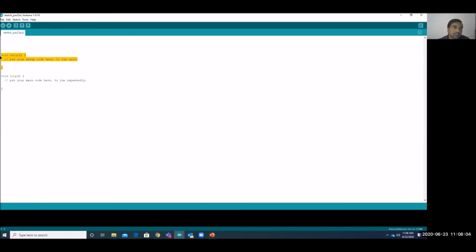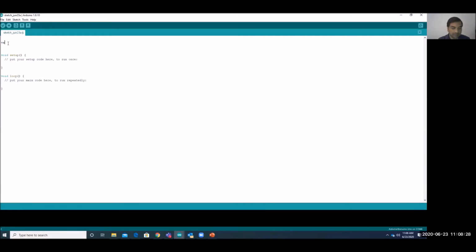This is your setup block and this is your loop block. Okay. So in the setup block you can declare variables and do the pin initialization, and in your void loop you can put whatever instructions you want to run continuously. Okay. And outside of this you can put the variables.